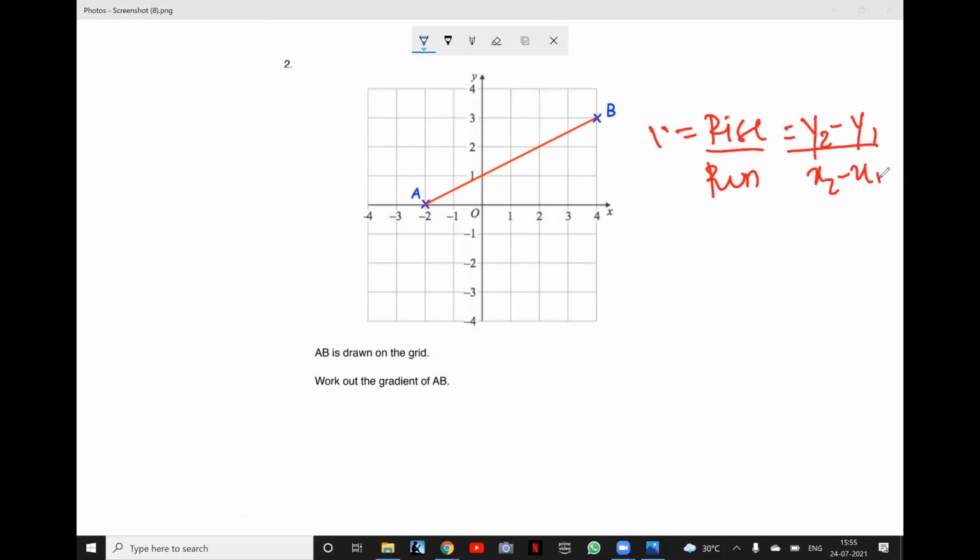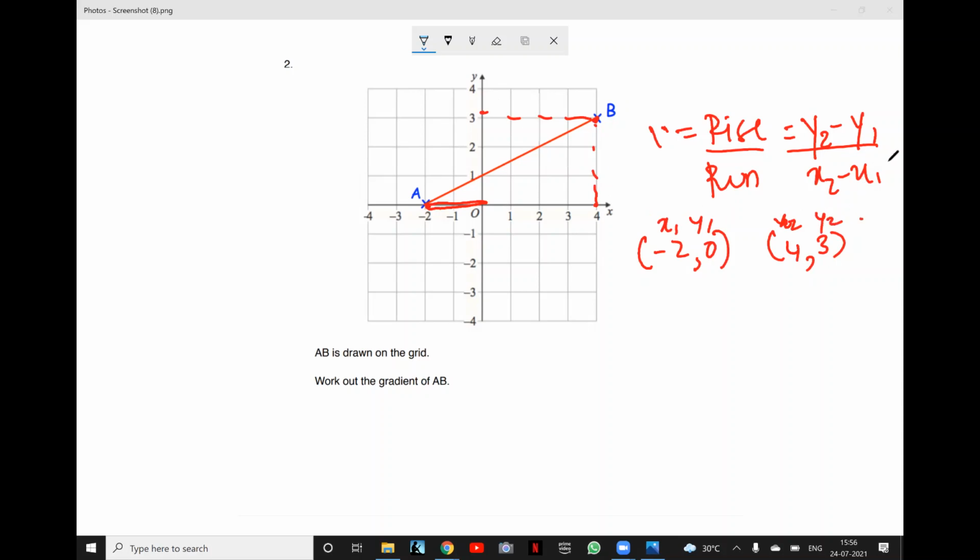I will be considering straight coordinates out here. I can consider anything which is straightly available. So let me consider this here. A is what? The x coordinate is -2 and the y coordinate is 0. So it is (-2, 0). We know that x is always represented first and then comes y. Similarly for B, the x coordinate is 4 and the y coordinate is 3. Why? Because these are its intersecting points, right? So now this is my x1, y1, and this is my x2, y2.